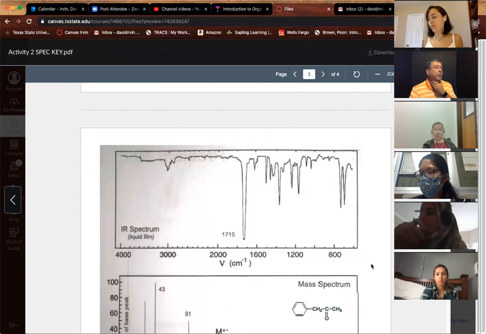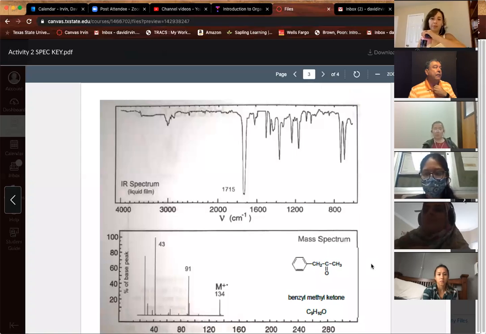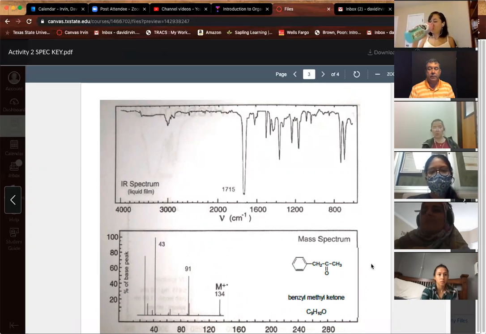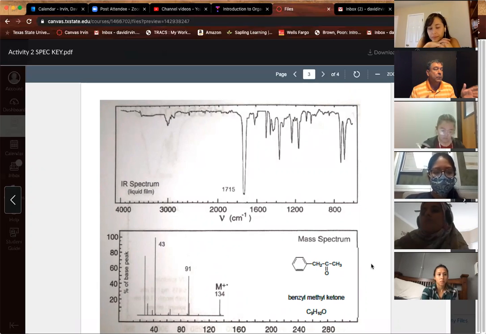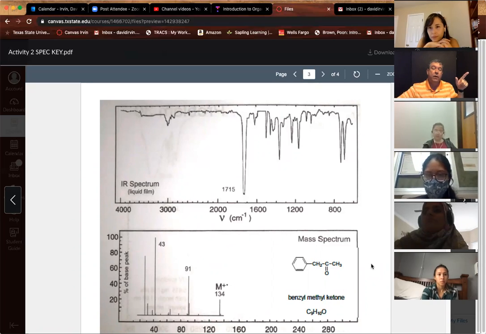Okay, on the next one, my approach here was, wow, not much there except for that 1715 on the IR. So we probably have some kind of ketone. All right. Then we look at the mass spec, and we have the 43. So we probably have some kind of acetyl or methyl ketone. And we have a 91, which means we have some kind of benzyl group. Okay. Now let's calculate our mass. Once we do our rule of 13, we're looking probably at 10 carbons. And then we have a carbonyl, so we need to replace at least one of them with oxygen. That gets us to our empirical formula of